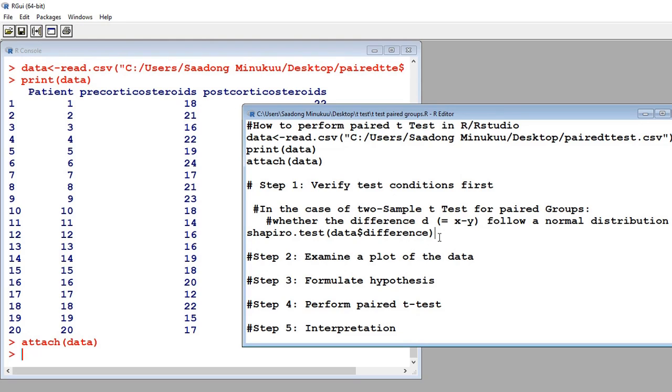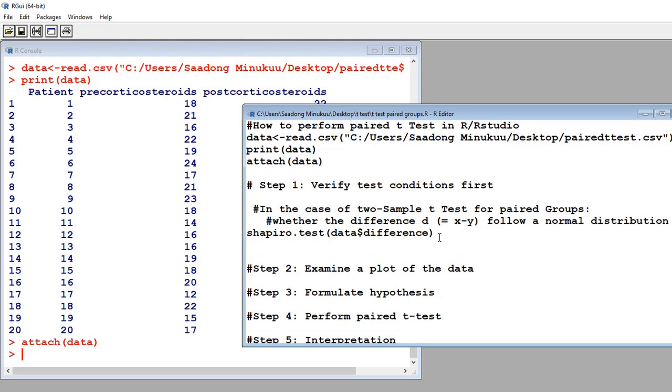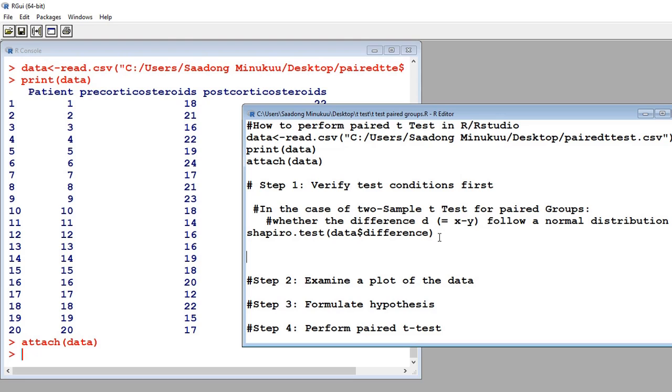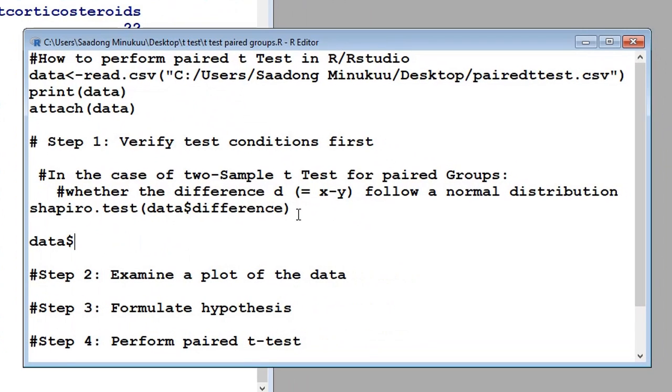We create a new variable that we call differences. To create this variable, we simply say, let me go down. So I'll simply say data, which is our data set. Then I'll use the $ sign to create a new variable. So this new variable we call differences. So we simply say differences. Differences, okay. Then we equate it to